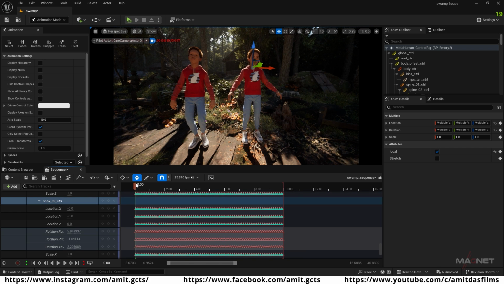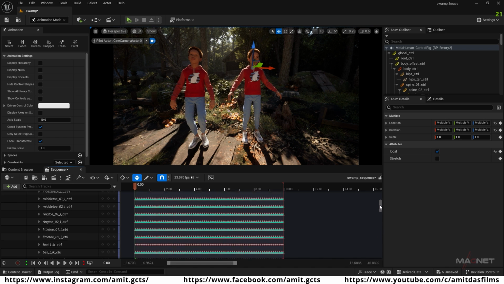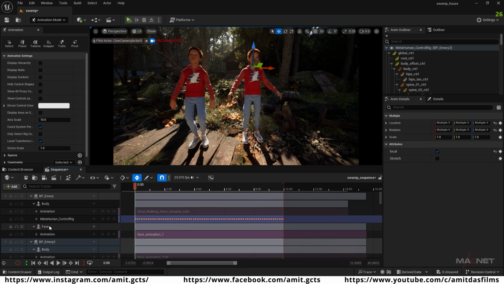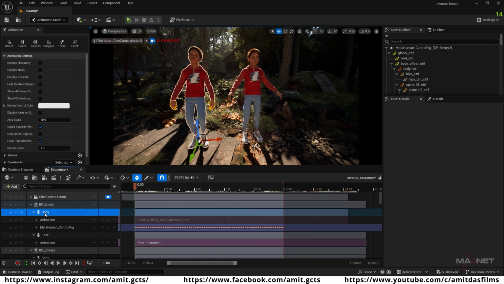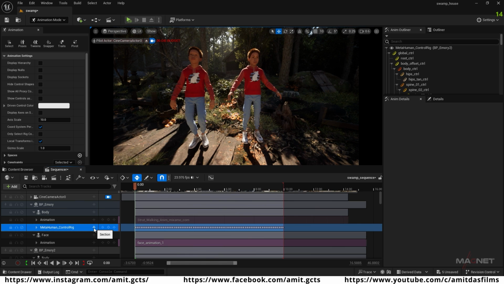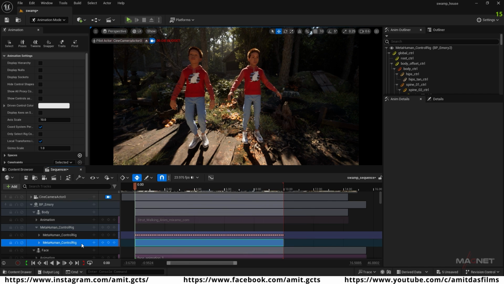Okay, and make sure that your timeline cursor is set to 0 here, and then we press Ctrl and C to copy those markers. Okay, and now finally we go up here and we go to this first MetaHuman. Then we go to its body, and this is the body MetaHuman control rig. Then we go to this plus switch here and click on Additive. Okay, so in that way we will get this second MetaHuman control rig, and here we're going to paste the